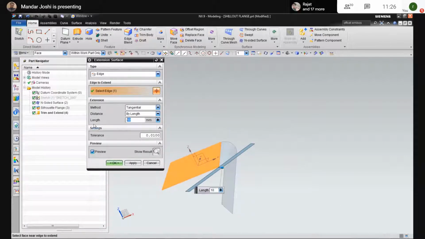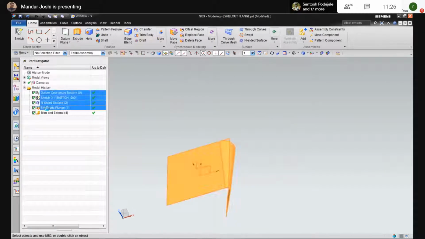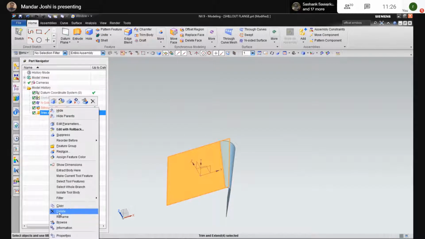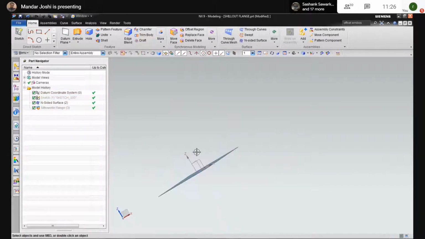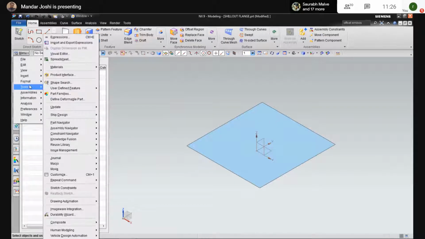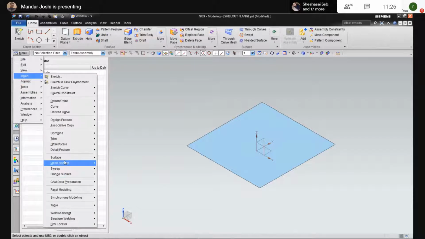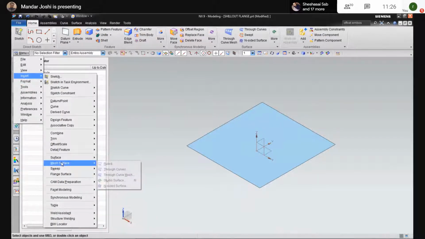The length, actually, it is not the right way. Just go to insert, surface, flange surface, then extension.